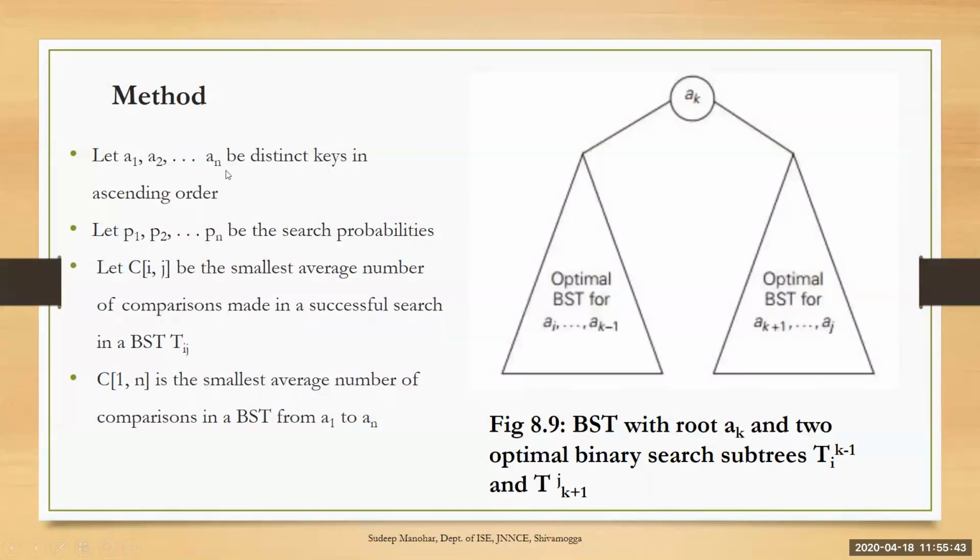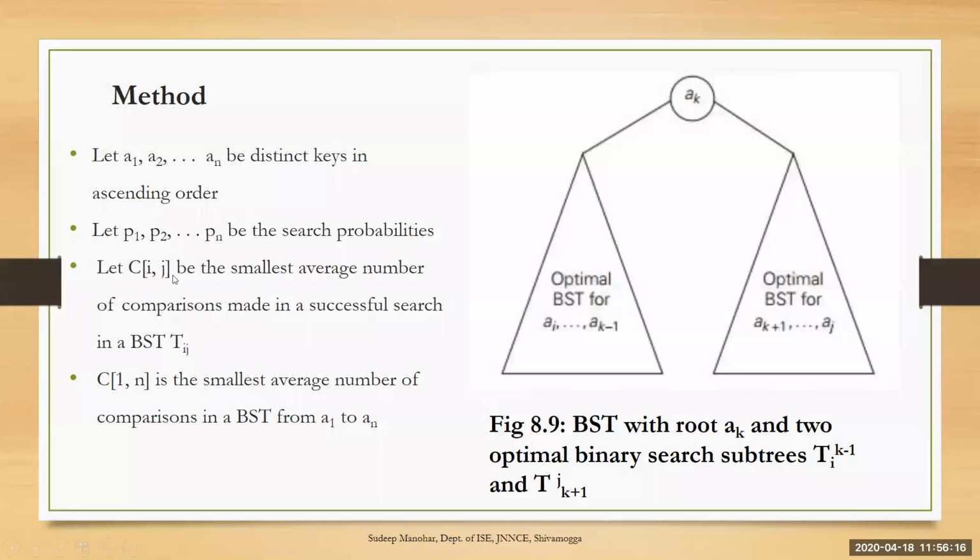What is N? N is the number of keys. And one more thing is all the keys are distinct keys. So a binary search tree has a property that it doesn't contain any duplicates. There is no duplicate in the binary search tree. Because if you see any dictionary, the physical dictionary book, do you find any duplicate words? There will be no duplicate words in dictionaries. So the same property has been applied to this.